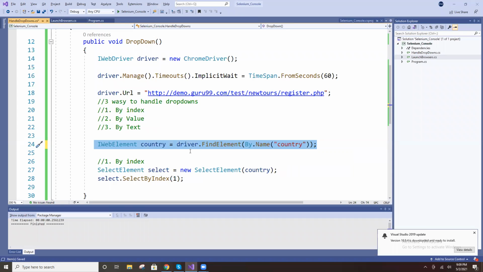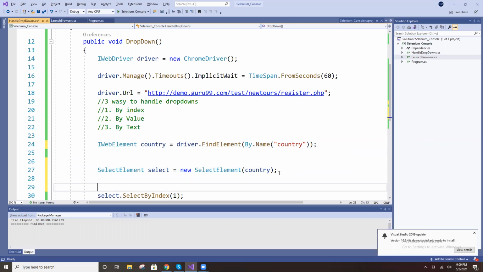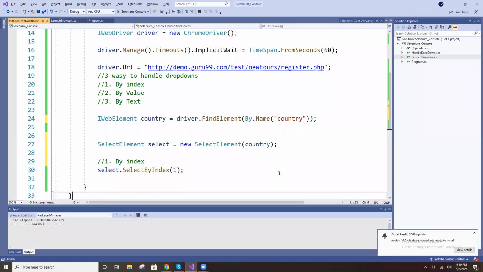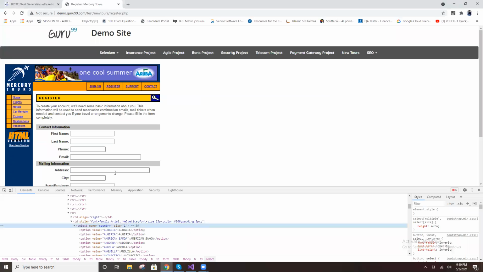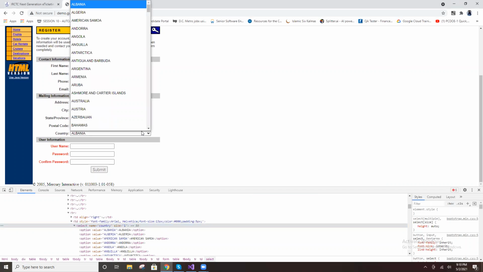Then you perform action, right? Click is not used here. You are using Select element of country. Select by index. This is the index. Now tell me, index means one index, right? The first one is 0. This is 0.